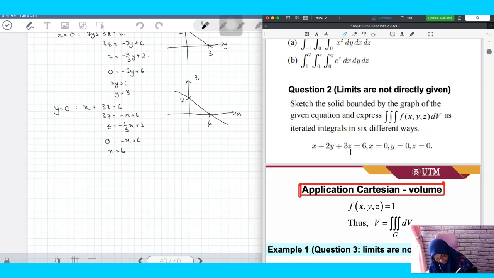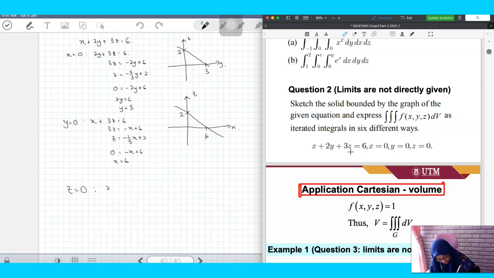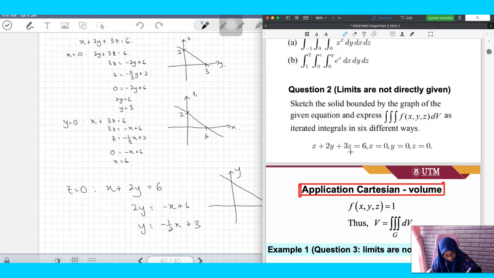So when z equal to 0, you have negative x plus 6, x equal to 6. Okay, and then when z equal to 0, you have x plus 2y equal to 6. Okay, and then 2y is minus x plus 6, y is negative 1 over 2x plus 3. So when you sketch, we get this y-x plane. So this is 3. And then when y equal to 0, you have minus x plus 6, so x is equal to 6. So when you join them together,